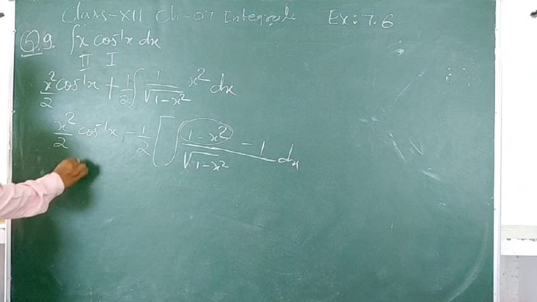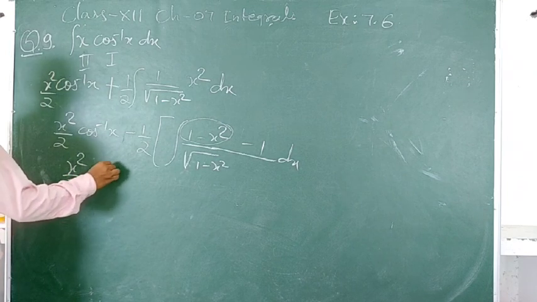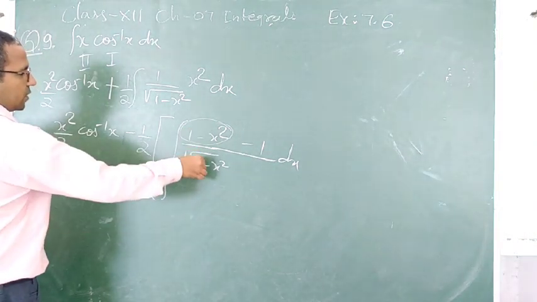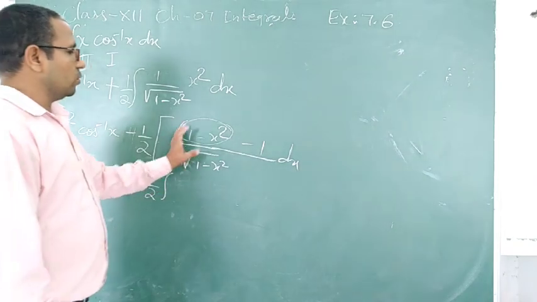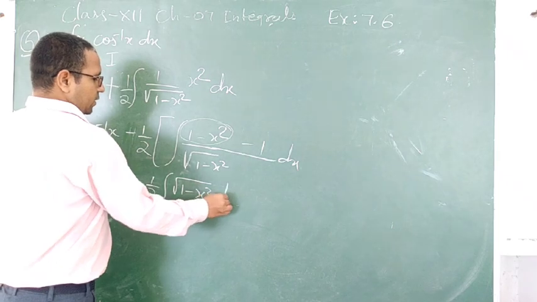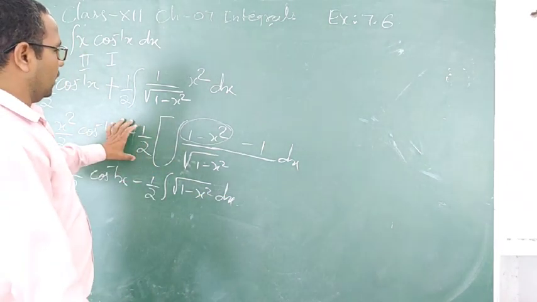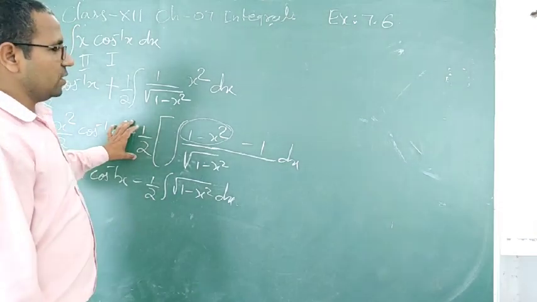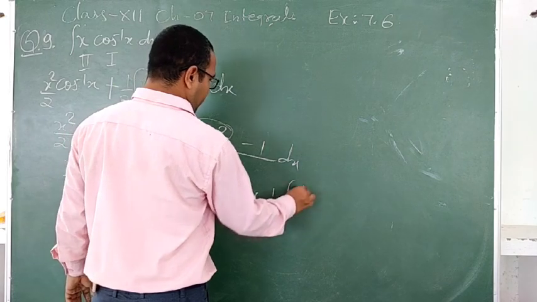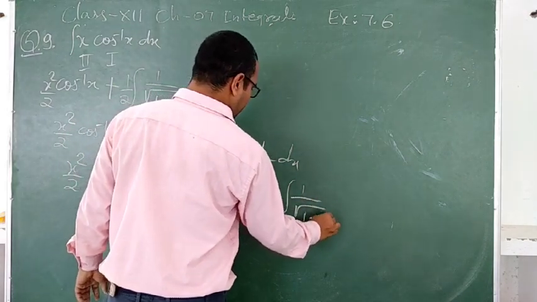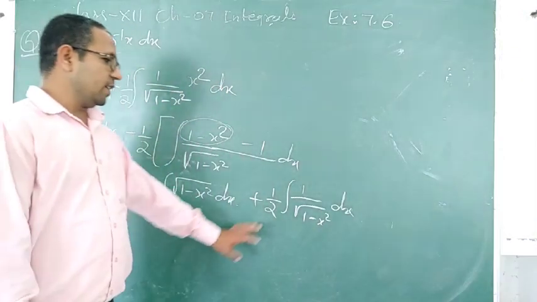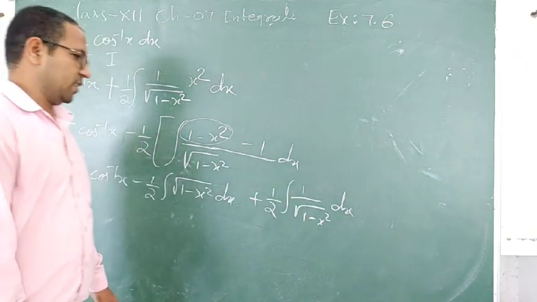So we will get x square by 2 cos inverse x, and minus 1 by 2 integral of these portions, that is root 1 minus x square dx, and minus 1 by 2, and minus 1 is here. Minus and minus will make it plus, and integral 1 upon root 1 minus x square dx. You get this one. So now students, integral of this portion we know as sin inverse x, and